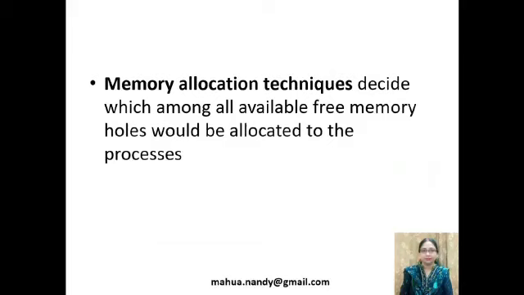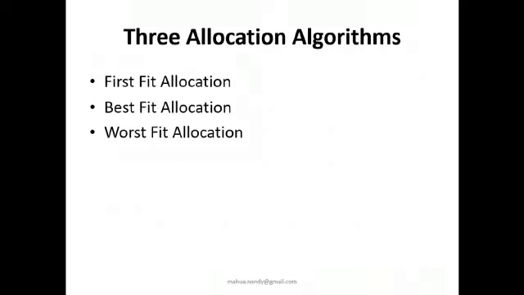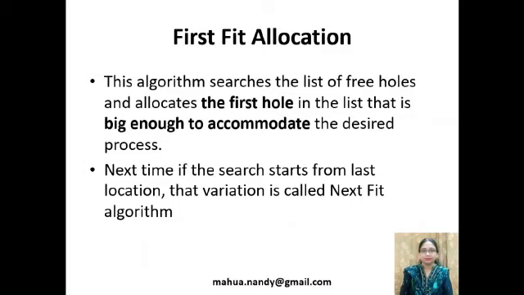Memory allocation techniques are algorithms that satisfy the memory needs of a process. They decide which hole from the list of free holes must be allocated to the process. These algorithms play a great role in fixed partitioning with unequal sized partitions and in dynamic partitioning in terms of system performance and memory wastage. There are three techniques for memory allocation. They are first fit, best fit, and worst fit.